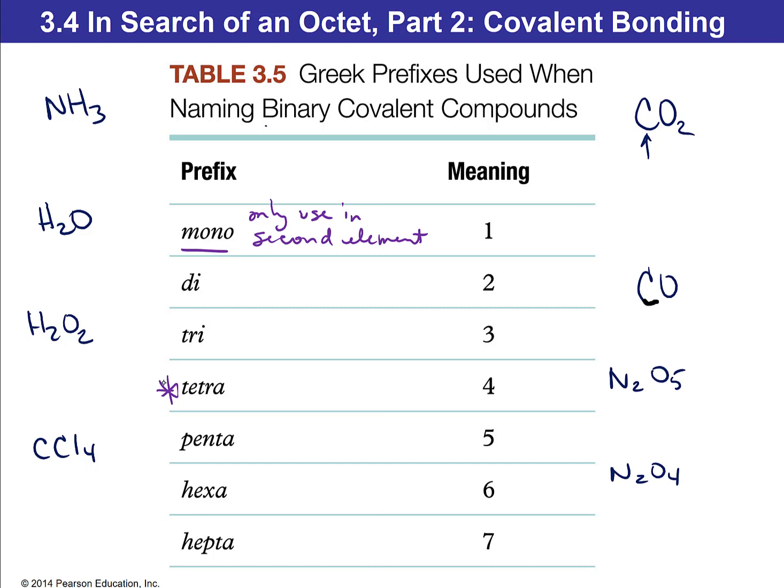So based on that, tell me the name of NH3. Whole name of the first element, first part of the second element plus IDE. That part's just like ionic. The only difference is add a number prefix. So that one would be nitrogen, tri, so first part of hydrogen plus IDE. Hydride. So the hydr, HIDR, first part of hydrogen, drop off the end, add IDE, just like we've been doing with